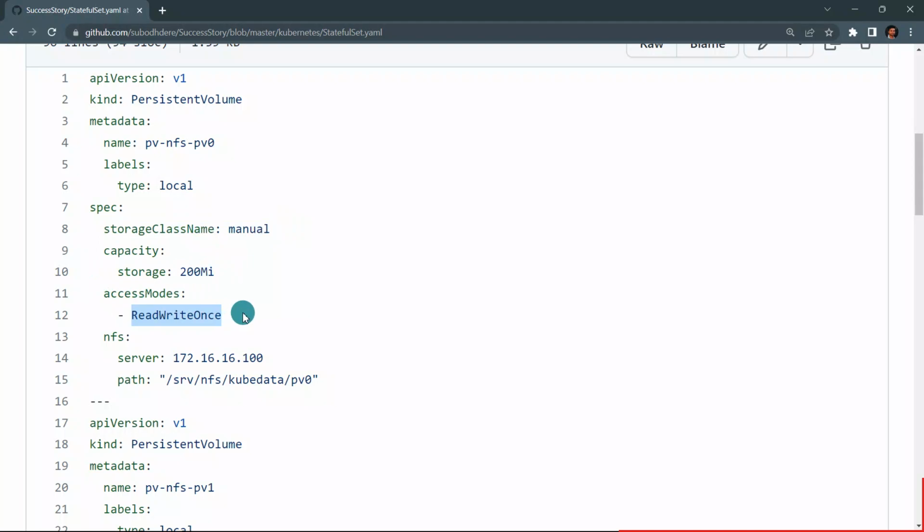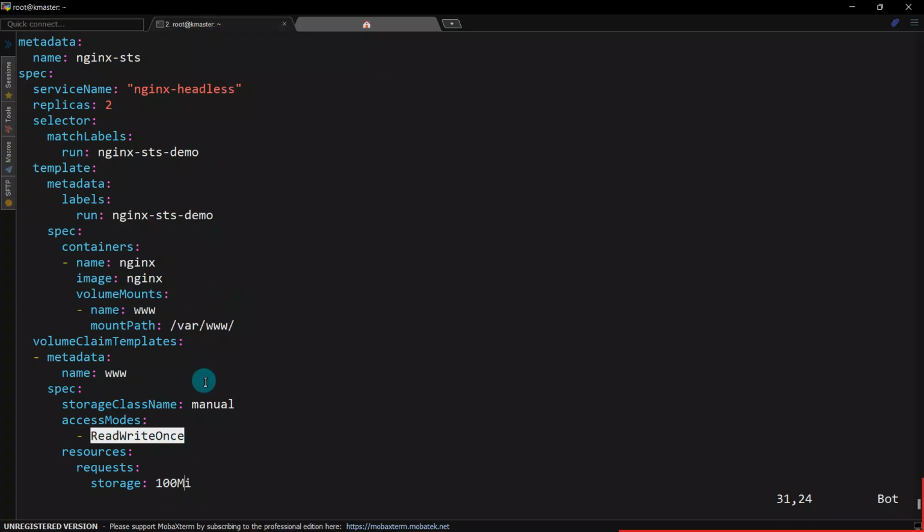It means all the things which I have defined in the claim templates are getting satisfied. So definitely all the claims will get attached to a persistent volume, because whatever I have mentioned is getting satisfied by the persistent volume I created earlier. Okay, so let's go ahead and apply this YAML file, and automatically what is going to happen,